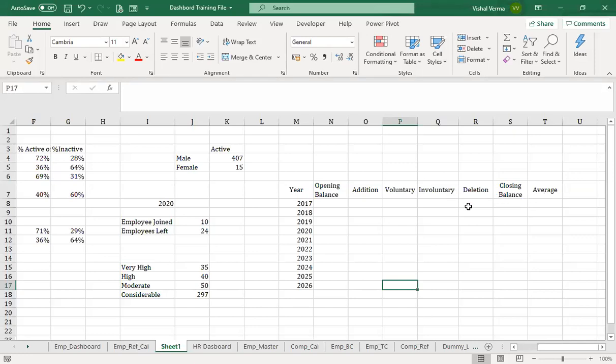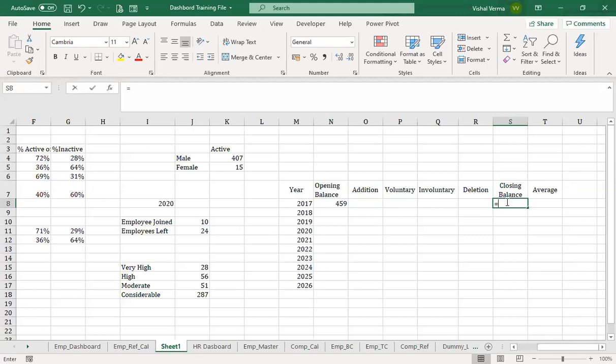So we have the year, the opening balance, the addition, voluntary, involuntary, total deletion, closing balance, and then we have the average. On the basis of the data that we have, 459 employees were there as an opening balance. Now we need the addition here: how many people joined in the year 2017, and how many left voluntarily.